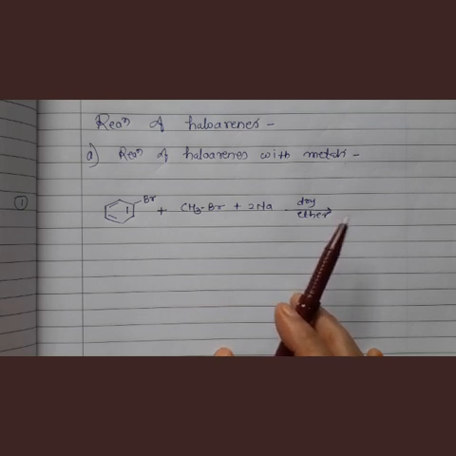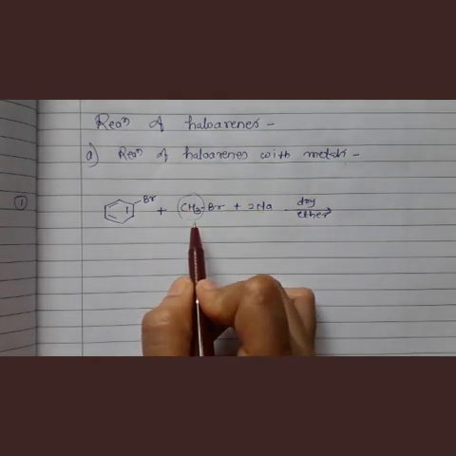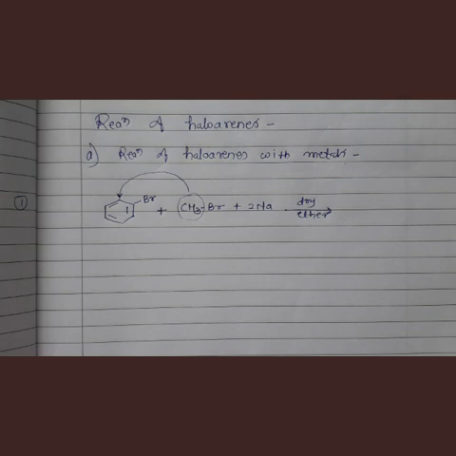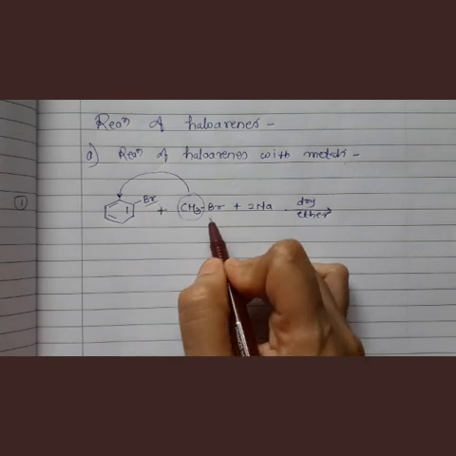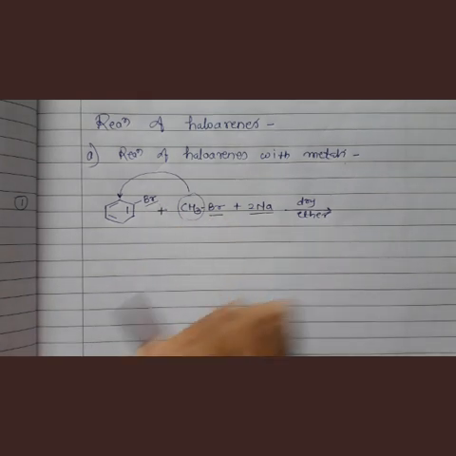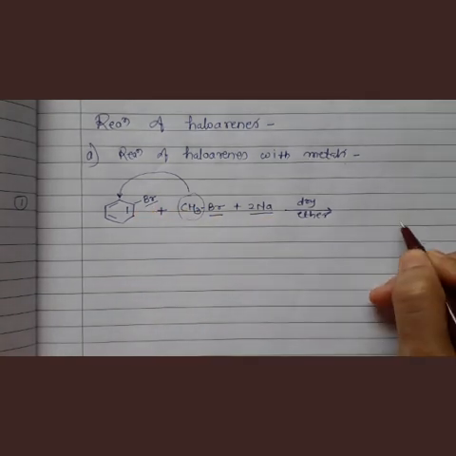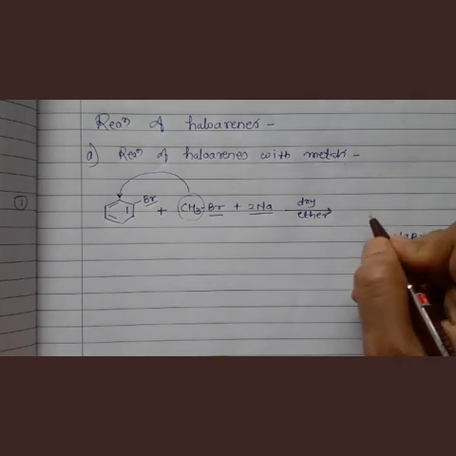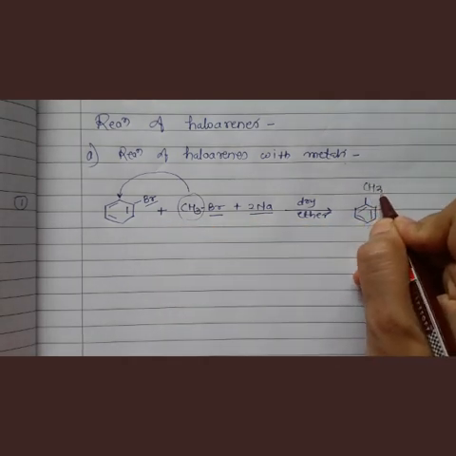See what will happen. This alkyl group is there, right? Methyl group in this case. So this methyl group will form a bond with this benzene ring. This bromine will get eliminated. Two bromines and two sodium atoms are there, so two molecules of sodium bromide, 2 NaBr, will form, and the benzene ring will form a bond with the methyl group. So like this, the product will form.